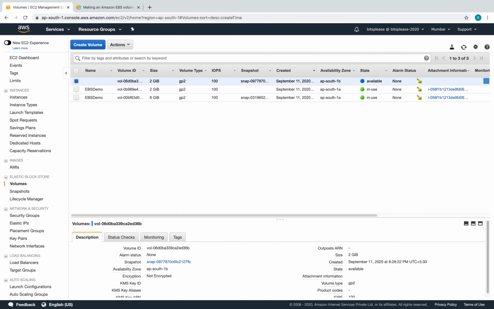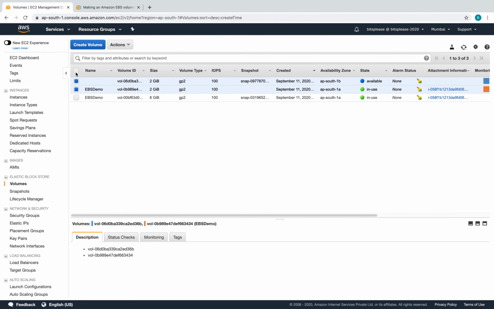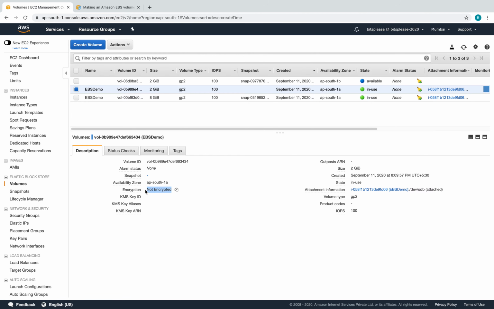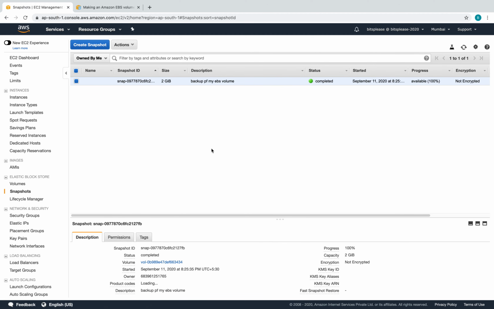The other interesting thing is encrypting the volume. If you pick any of our volumes, let me just uncheck this, the first volume which we had created, if you see here at the bottom, is not encrypted. And you might have a use case where you would want to encrypt the volume. In such a case, you again follow the approach of creating a snapshot. So what is the approach? You go down to the snapshot. We have the snapshot here. And what we'll do is,